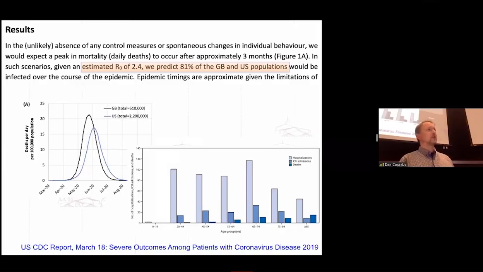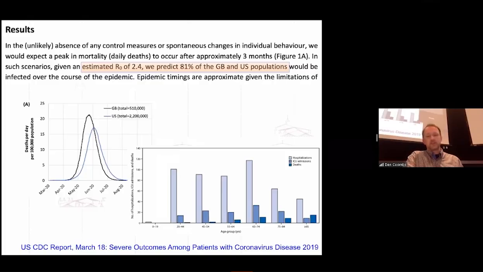They do say this is an unlikely course because the epidemic would be mitigated. People would not, I think, sit idly by if this was actually happening. In the US, there would be 2.2 million deaths in an unmitigated epidemic. This is just on the bottom right, just to point out that the age distribution of deaths would not probably